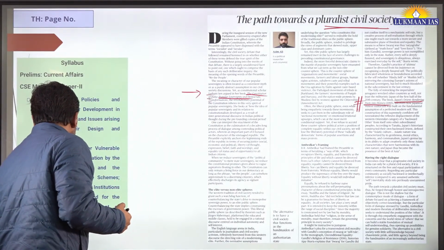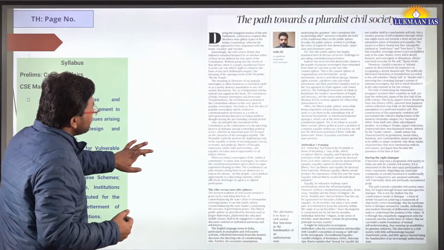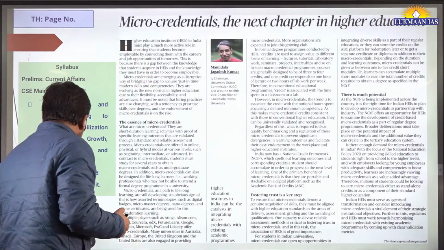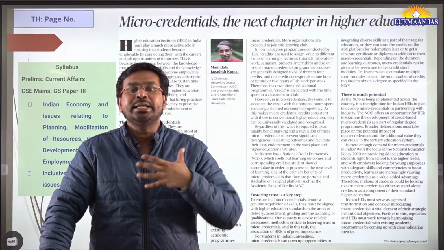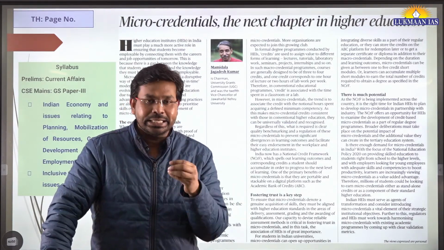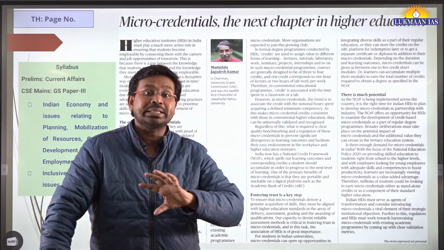These things have been cited by the author to make the viewpoint of the author strong in this article. So with this, let us quickly move to understand another article. We are discussing the editorials of the newspaper, and editorials come up with opinion, they come up with counter opinion, they come up with critiques.